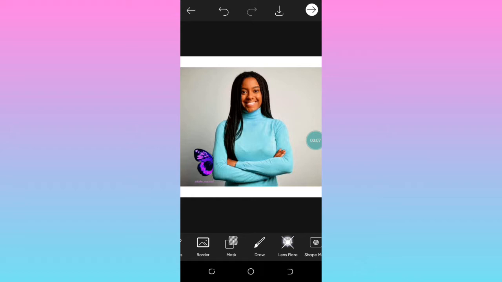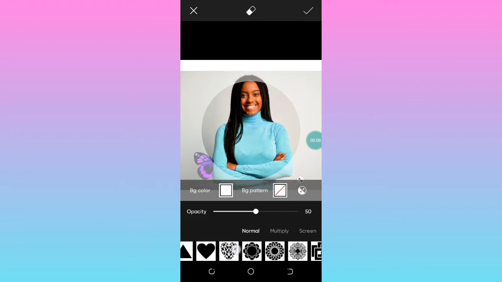I just discarded what we did with the icon drawer. This lens flare, the shape marks. Let's move to the shape marks. So as you can see in these shape marks, there are several types of shape. You have the circle, you have the shape for a triangle, you have several shapes, the shape of an apple. So you can use this in case you want to add this to this